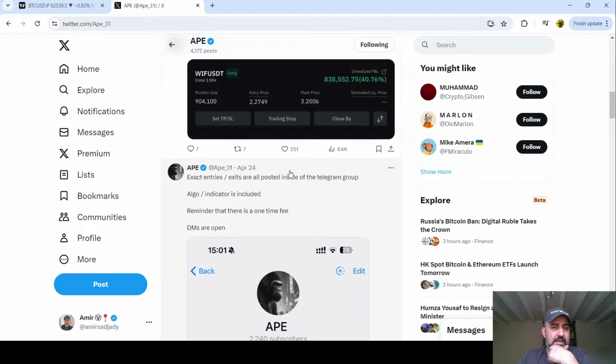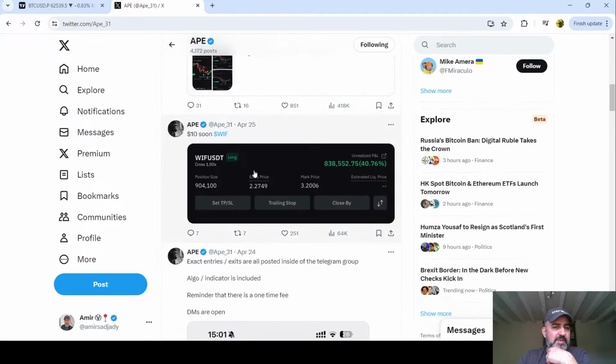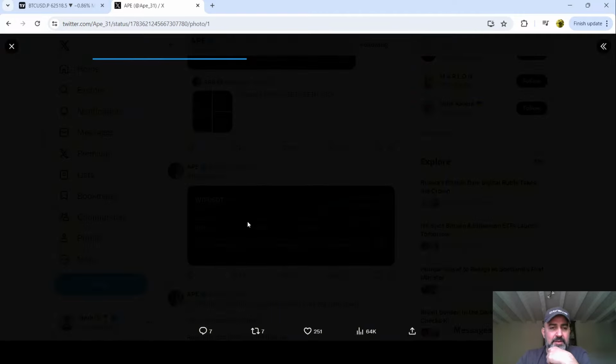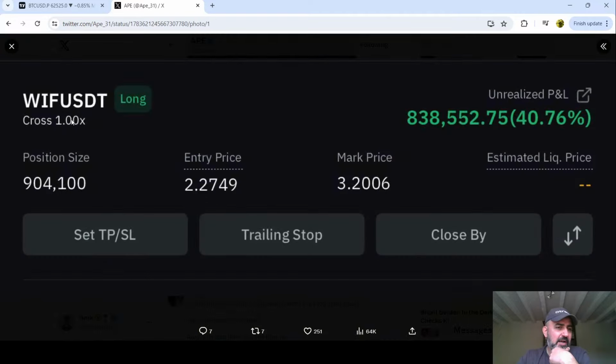So this guy, he's a high risk trader. He's been longing to high heaven. Okay, look, he puts $10 on WIF. That was April 25th. Yesterday I was shorting WIF. You just got to be aware that these guys are using very low leverage cross margin. Yeah, see, cross 1x. You see that. So don't ever get